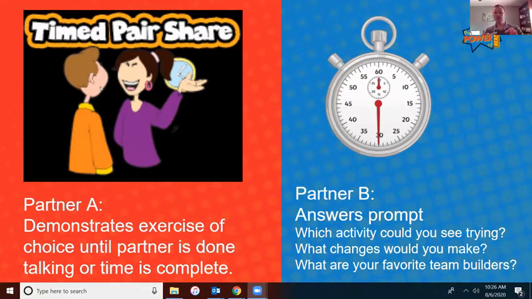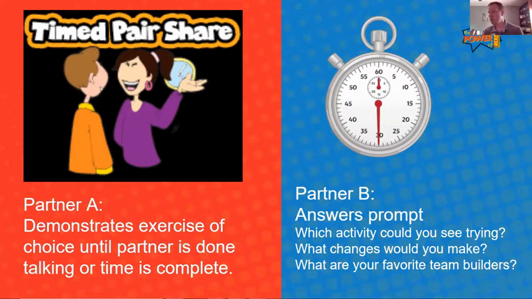What I love about this one is that, again, this is easy for a student to learn as long as they're just not being disrespectful with the exercise that they choose. But how many times have you seen at any level a timed paired share where partner B is trying to give them meaningful feedback and partner A just is not paying attention, they're not being a good listener? And so I think the most constructive feedback I would get on this strategy was, doesn't that make